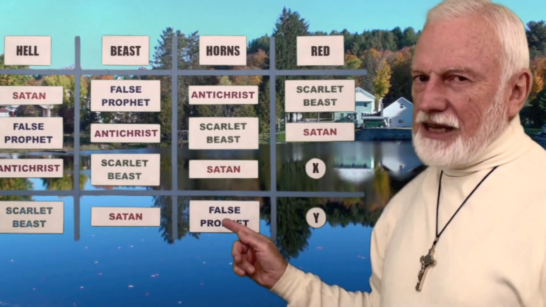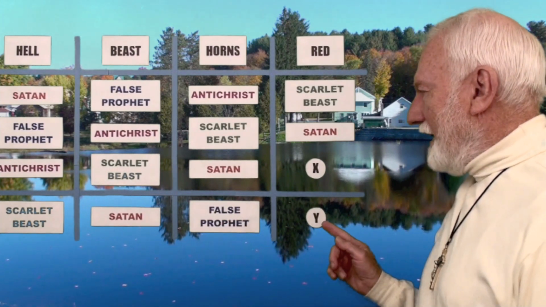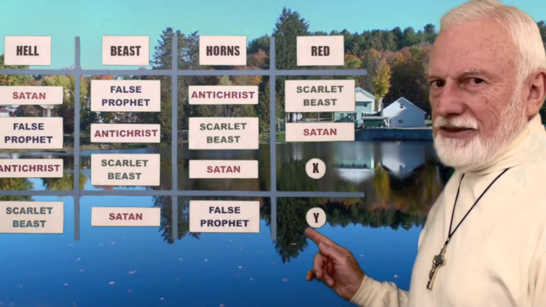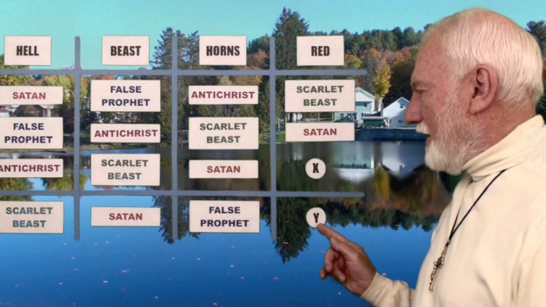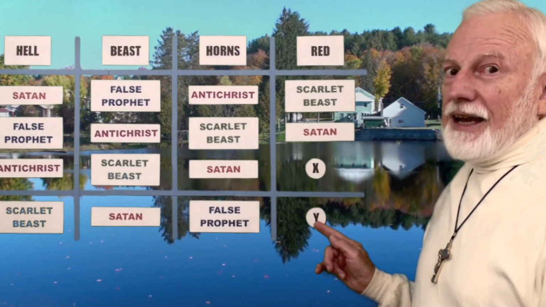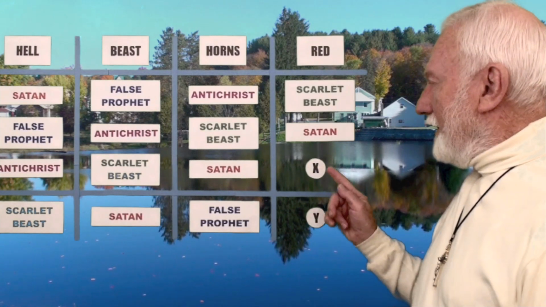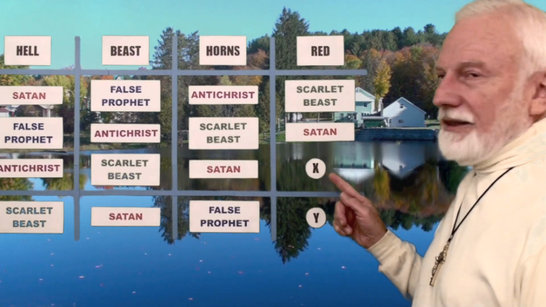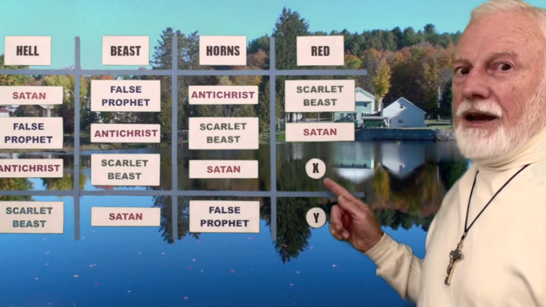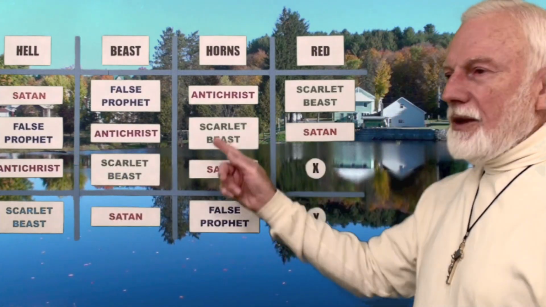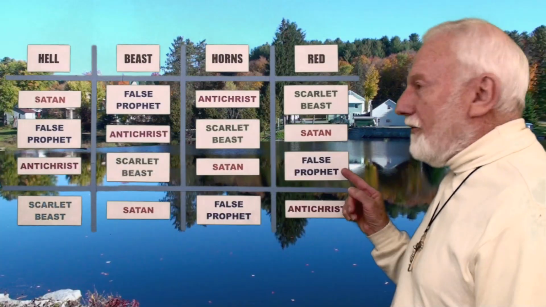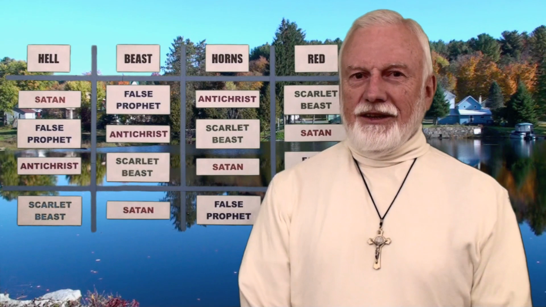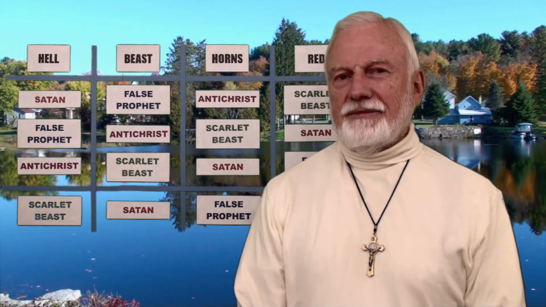Consequently, we can now solve the equation for the identity of Y. The odd man out must be the Antichrist, because we have not used the Antichrist up here as the odd man out. Consequently, we can now identify the value of X. The value of X, the unknown one, the one who is not described as having red, because of this mathematical formula, must be the false prophet. We have now solved the mathematical equation which John set up in the book of Revelation.